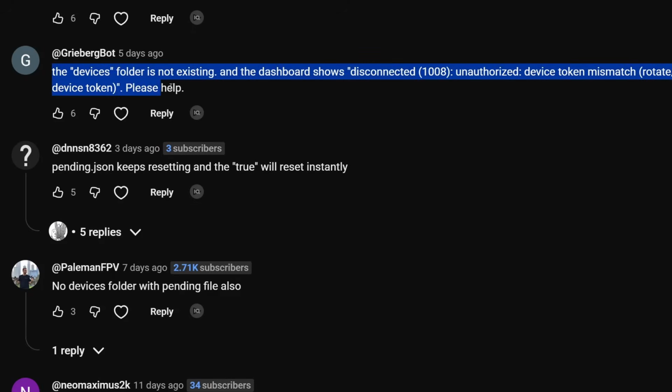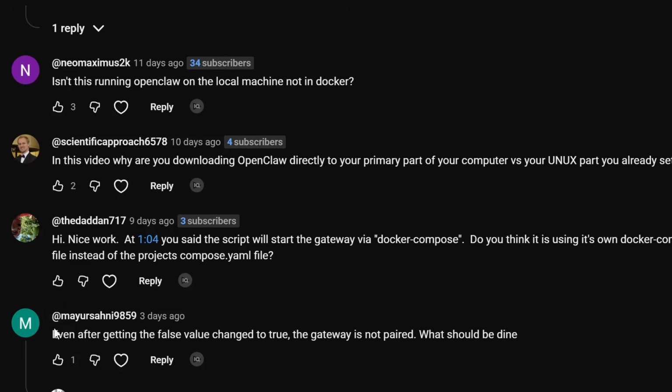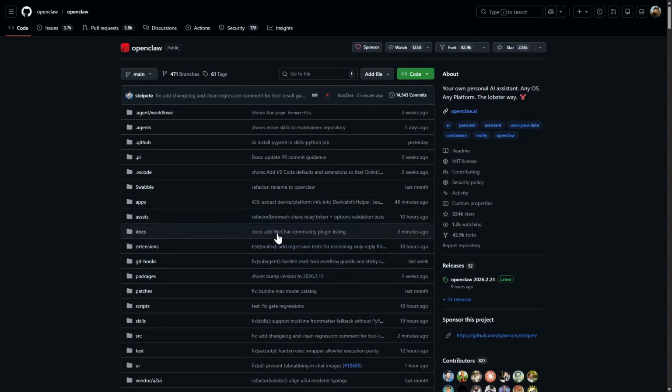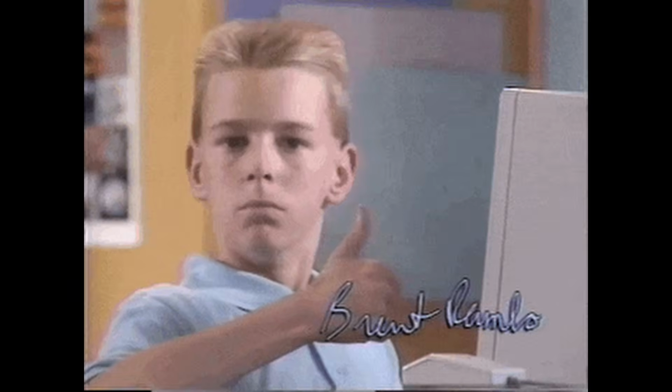A lot of you guys have been struggling with OpenClaw installation from my old video because it's not working anymore. That's not on you, and honestly, it's not on me either. It's because OpenClaw itself pushed a new update that changed how things are set up. But don't worry, I'm here now with a full updated guide to get you up and running, so let's get